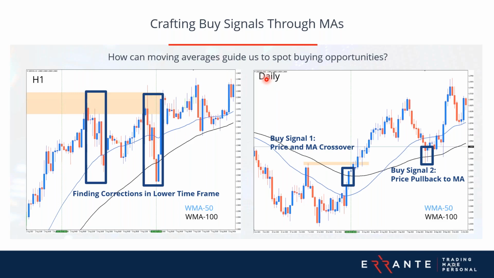This first signal emerges when the price crosses above a moving average, signifying that our momentum is picking up and the correction phase may be ending. The second signal is observed when the price pulls back to the moving average, being short or long time frame doesn't matter, and then rebounds, confirming the strength and continuation of the trend. As you see here, this is a second buy signal with a price pullback to MA.